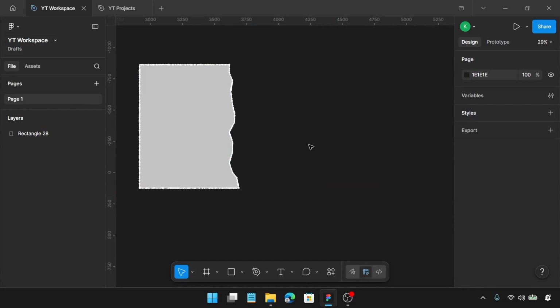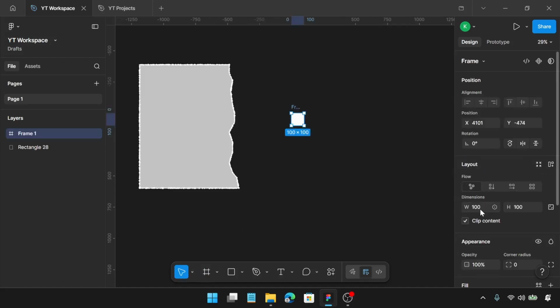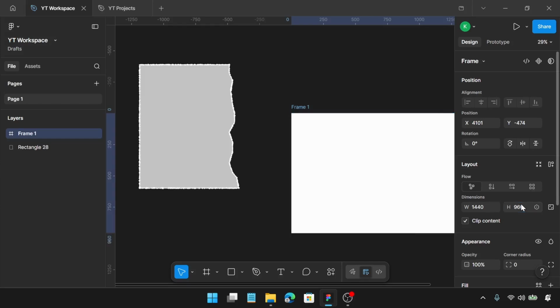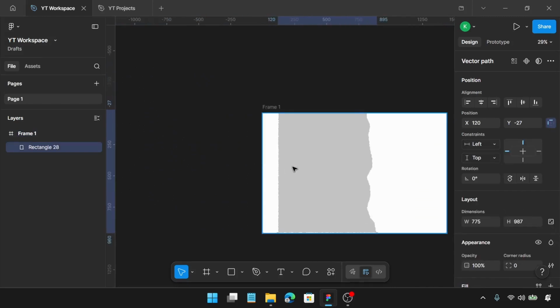Next, we're going to need a frame. So I'm just going to insert a frame like this. The width of this frame is going to be 1440 and the height is going to be 960. I'm going to grab this rectangle and bring it into this frame and align the center to the rectangle,